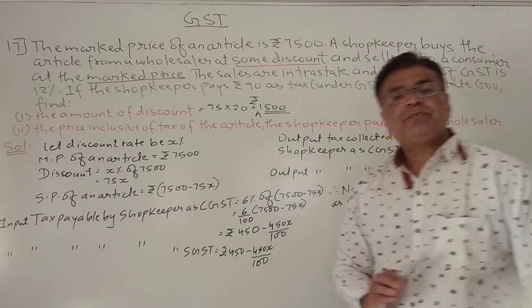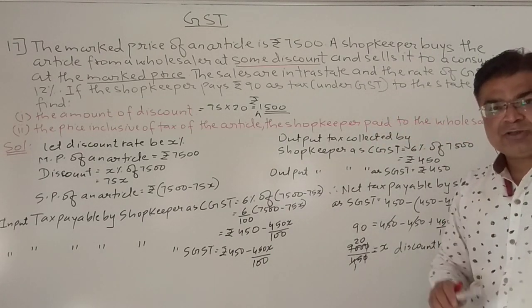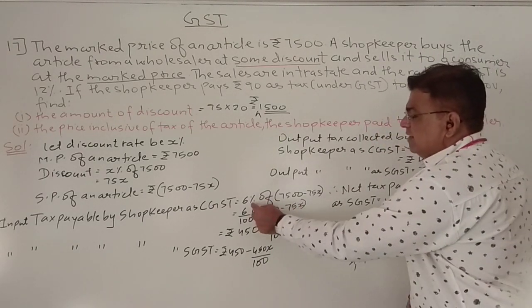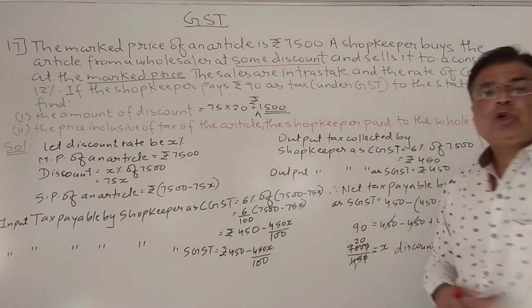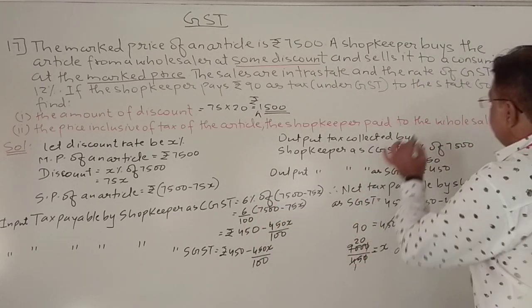7,500 minus 1,500, so 6,000. And on 6,000 he paid a tax of how much? 12%. Okay, so here you can see